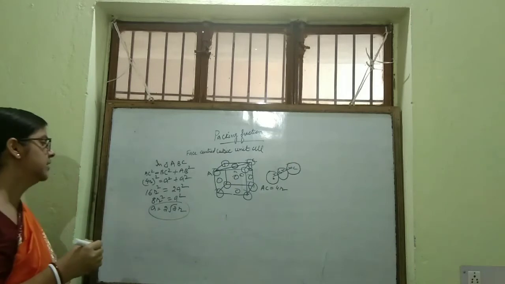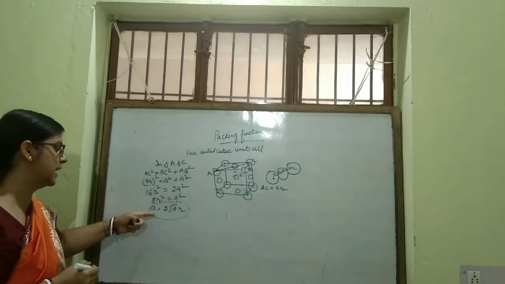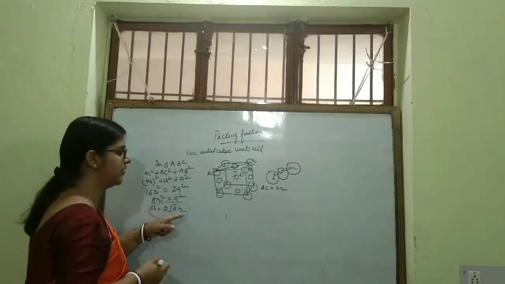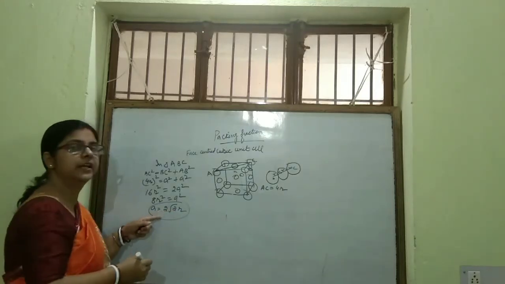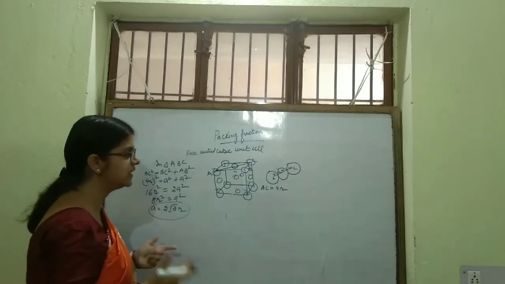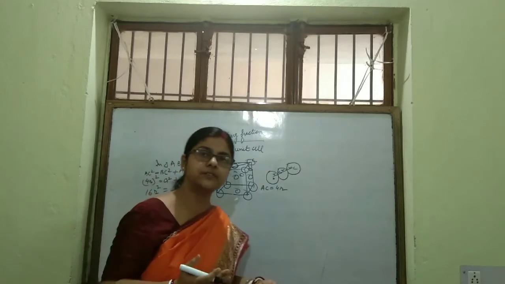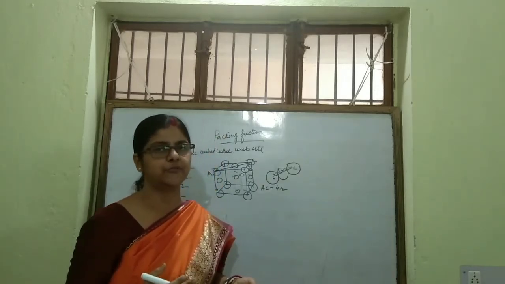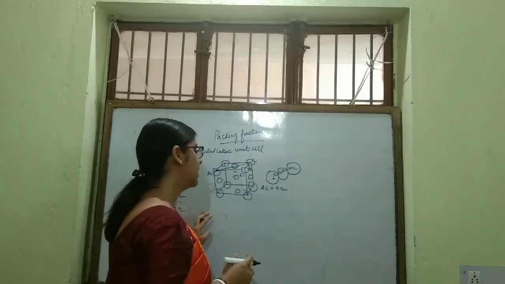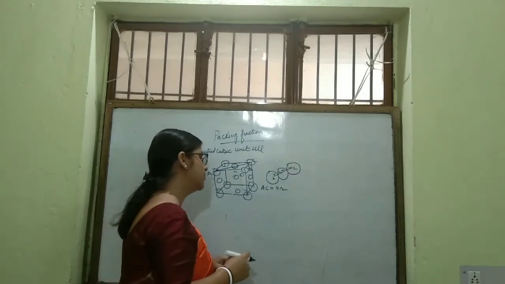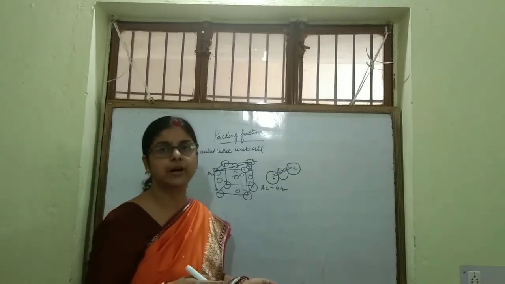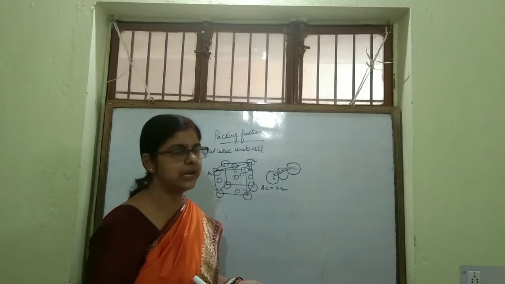Again, we have come to a conclusion: what is the relationship between edge length and radius of the sphere for FCC? It is a = 2√2 R. What is our next task? Next task is to find out the value of packing efficiency and packing fraction. So, for finding out packing efficiency, what will we do? We'll write the volume of the sphere and then divide it by the volume of the cube into 100.